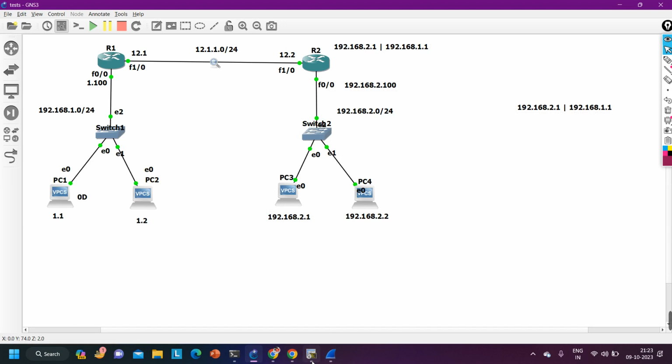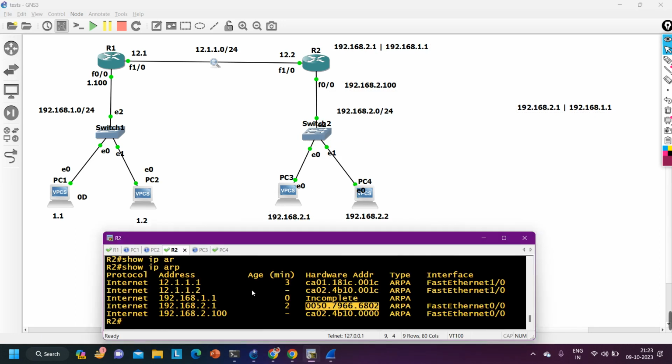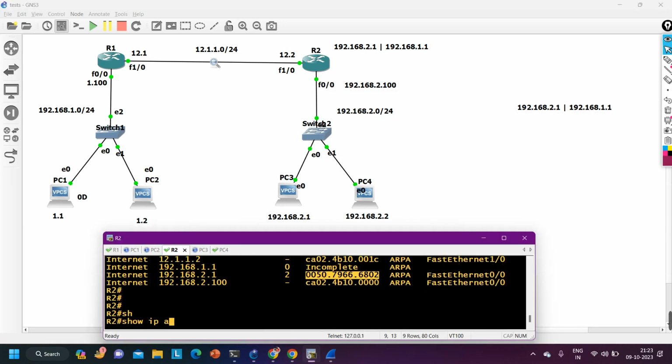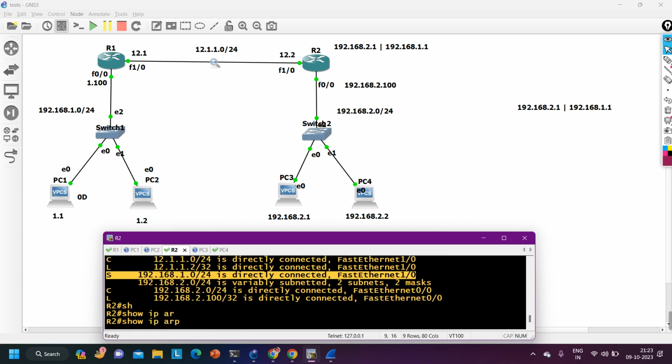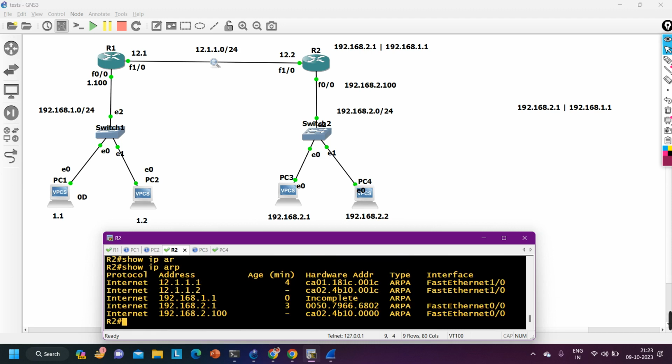Router 2 is going to check what? Routing table. It will compare the routing table with the destination IP address. So, show IP route. Inside the routing table, yes, there is one route available for this destination network 192.168.1.0, but this network is directly connected, right, on FastEthernet 1/0. Again, router 2 will try to resolve the MAC address of the destination IP address directly, and you can see, show IP ARP. Router 2 is not able to resolve the MAC address of